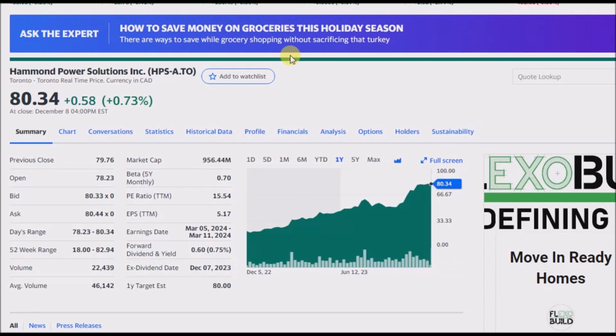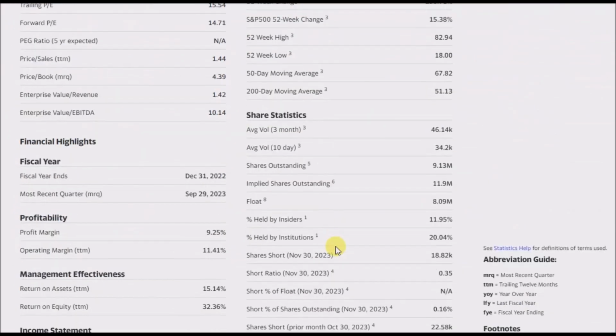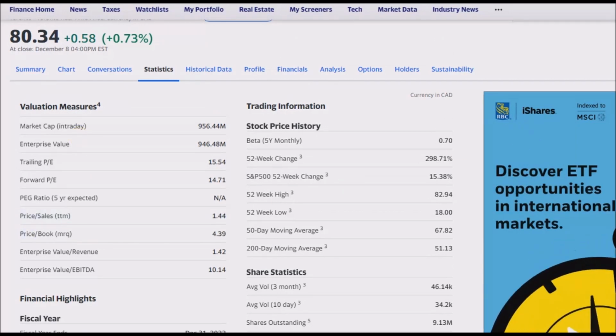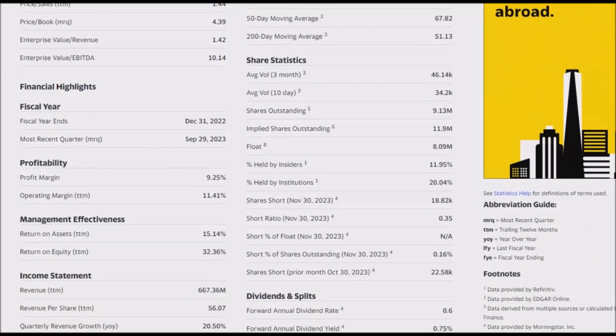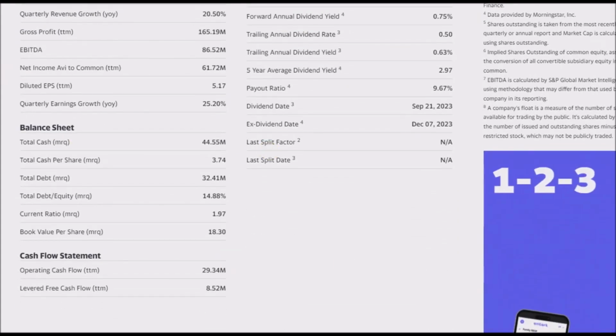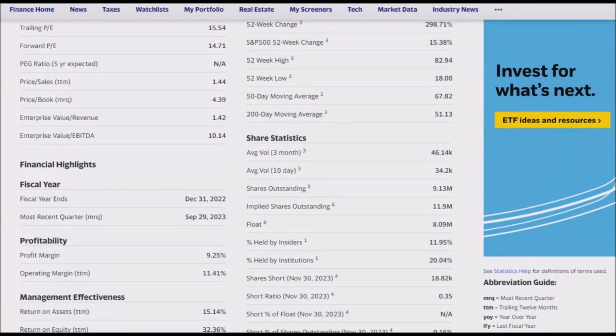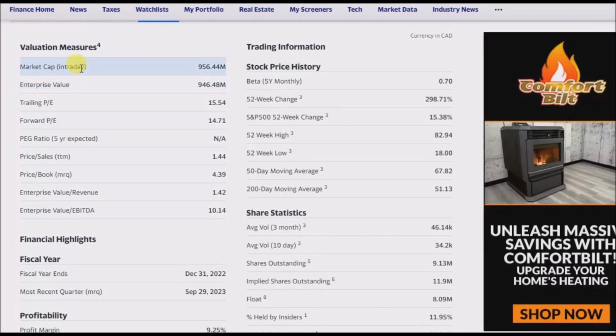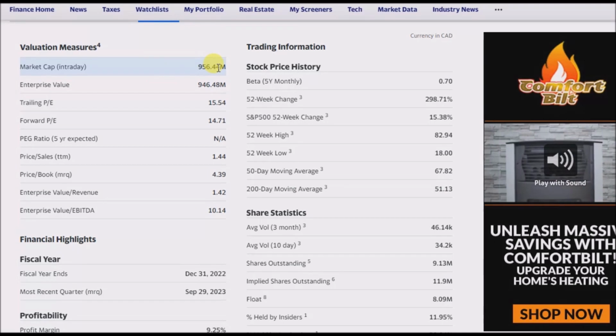Well, if you look at a stock, it doesn't have to be on the Canadian Stock Exchange or the TSX. But when you go to the stock, you can look at the statistics, and these are based on accounting ratios, and there's so much data on the stock. And how do you make sense of all this information? Well, there's a few key metrics when looking at a stock, particularly, say, the market cap, taking all the outstanding shares that are currently available